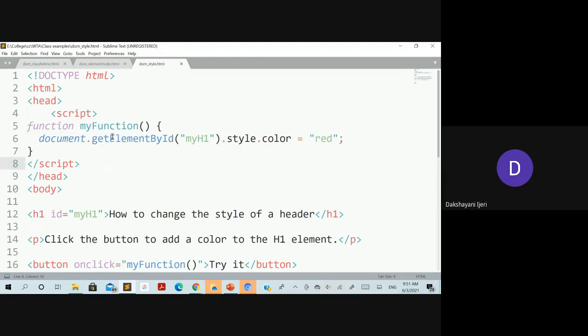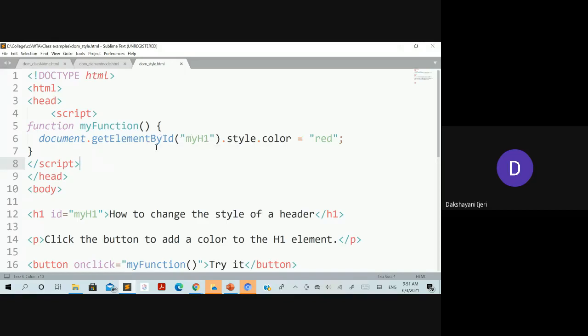That means the E should be capital, the B should be capital, and the I should be capital. It is case sensitive, and if you make a mistake with the case, you will get an error. So be careful while using these methods. They need to be used exactly the way they are defined by the W3C. We are interested in a particular element with the id value myH1.